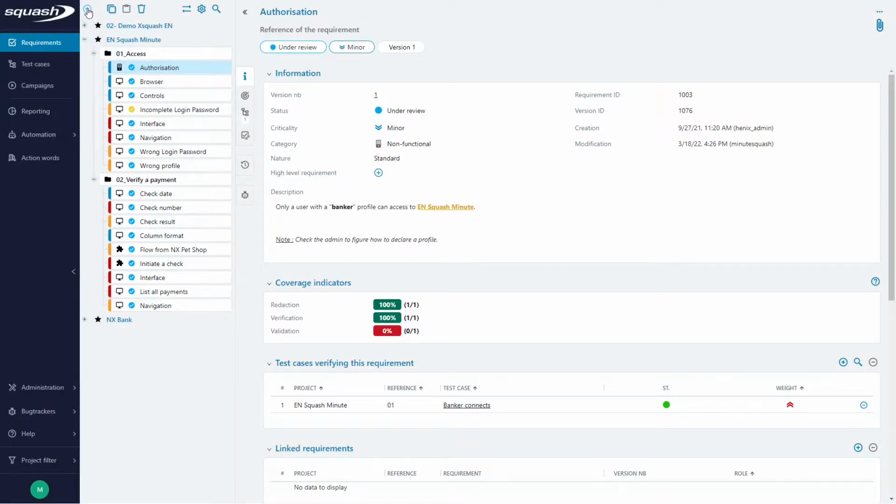There are several buttons at the top of the library, which are the same for the three workspaces. They are used to create items, to copy them, paste, delete, import or export them, to configure the display of the library, or access the research workspace. Let's look at the tree view of the requirements library. The name of the project appears in the color of the workspace in which we are. So here it is in blue.